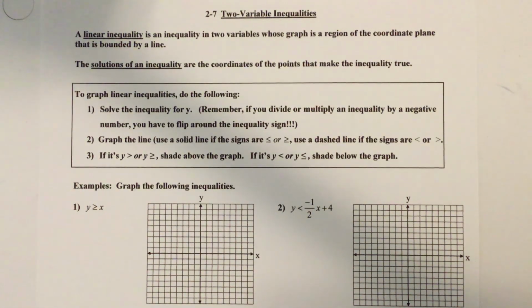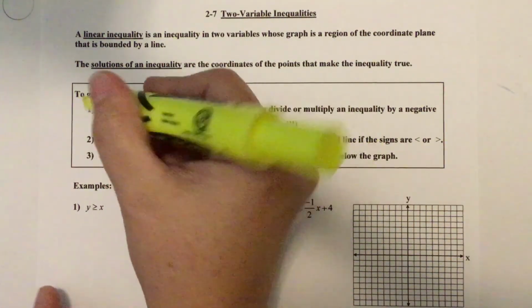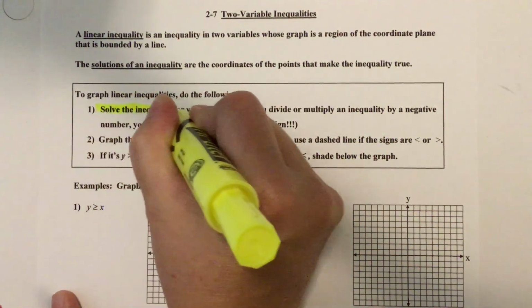Today we are graphing linear inequalities. So that means we're going to see less thans and greater than signs today. And when you graph with less thans and greater thans, there's shading involved. Okay, so one thing I do want to make sure that we do is we want to make sure that